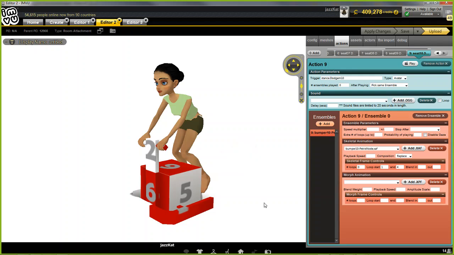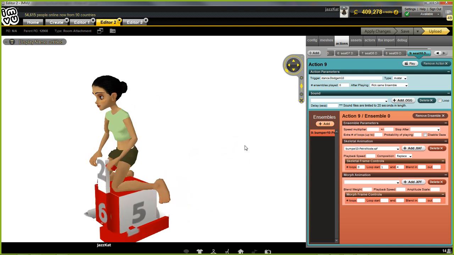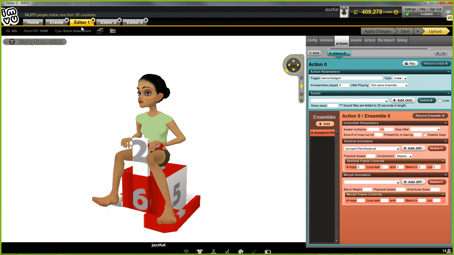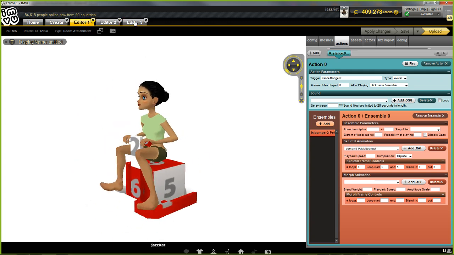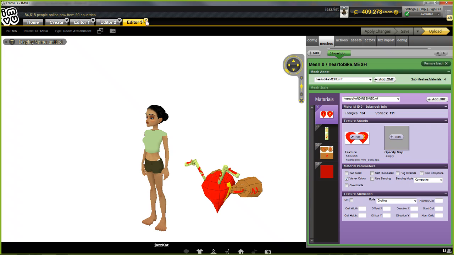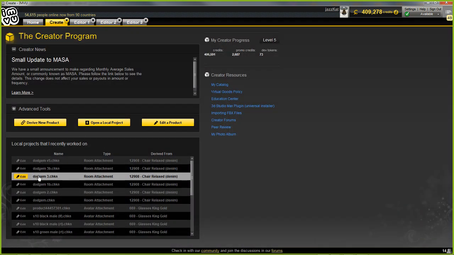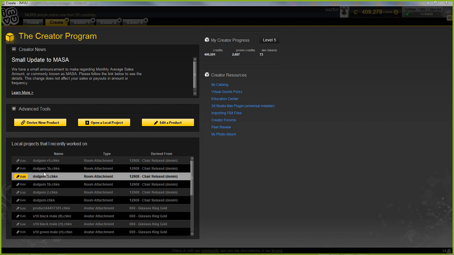So there we go. A fun little item that we have to do it this way round for, well, we don't have to do it this way around, I suppose. I mean, if you want to have selectable poses, you would do it this way anyway. But if you were wanting to have the way that it was automatically toggling,